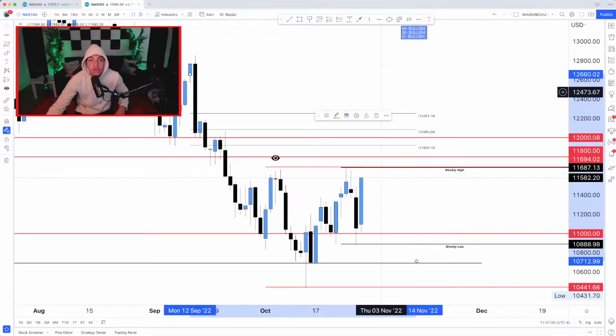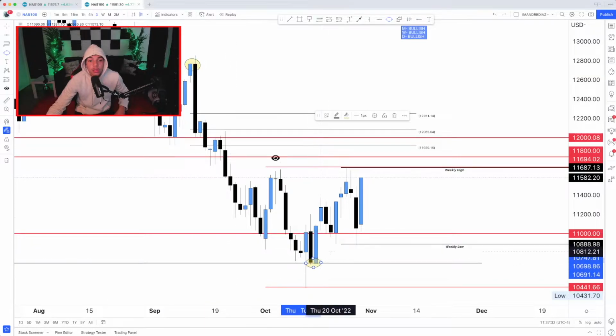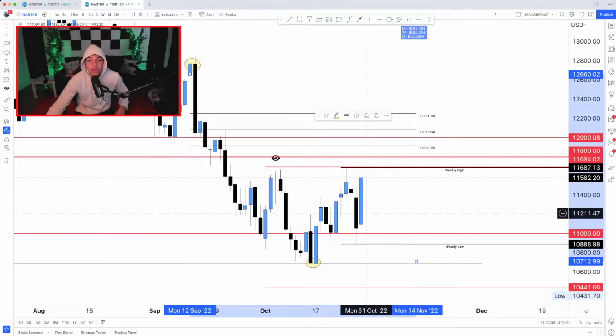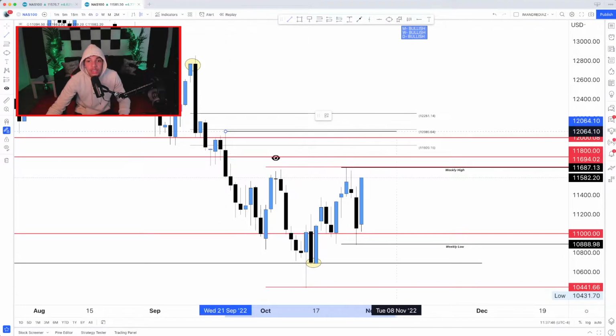It lines up with 12,000, and if you don't know where I drew the fib from, it's just going to be from this high. I drew it on the monthly, but it's going to be the same general area as you can see down here in this high. And as you can see, these fib levels are in alignment with this 12,000 and above these highs. And if you look over here, we also have the fib above these highs. So within this big range